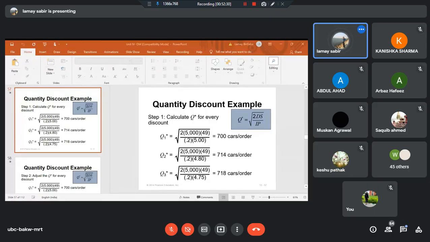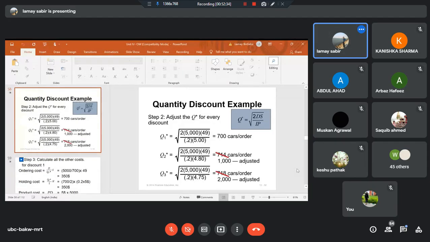This is the point that needs a proper understanding. This is what you have to understand, the adjustment that has been made. First, we need not change anything. पहला तो बहुत क्लियर है, पहली डिस्काउंटिंग स्कीम थी, हमने कर दिया. दूसरी डिस्काउंटिंग स्कीम पर जब आप आए तो आपकी वैल्यू आ रही है 714, लेकिन 714 हम ऑर्डर प्लेस नहीं कर सकते. क्यों नहीं कर सकते? क्योंकि हम डिस्काउंट अवेल करना चाह रहे हैं.